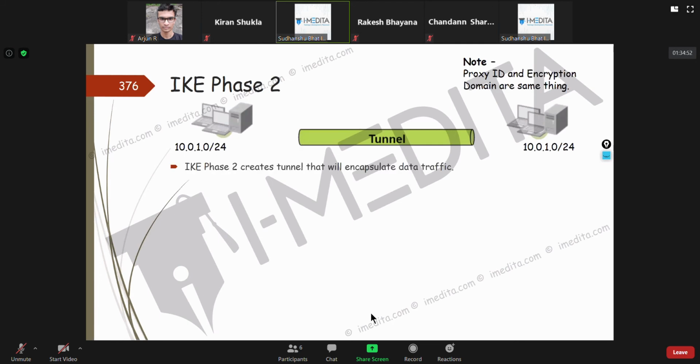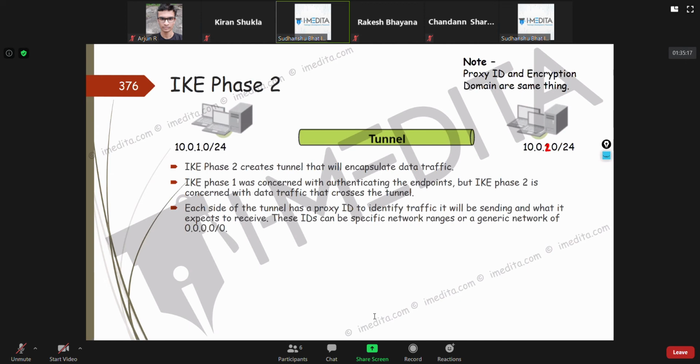Now, like I was telling you, IKE phase 2 creates the tunnels that will encapsulate the data traffic. Actually, here it should have been this, not 10.0.2.0. And IKE phase 1 was concerned with just verifying and authenticating the endpoint.